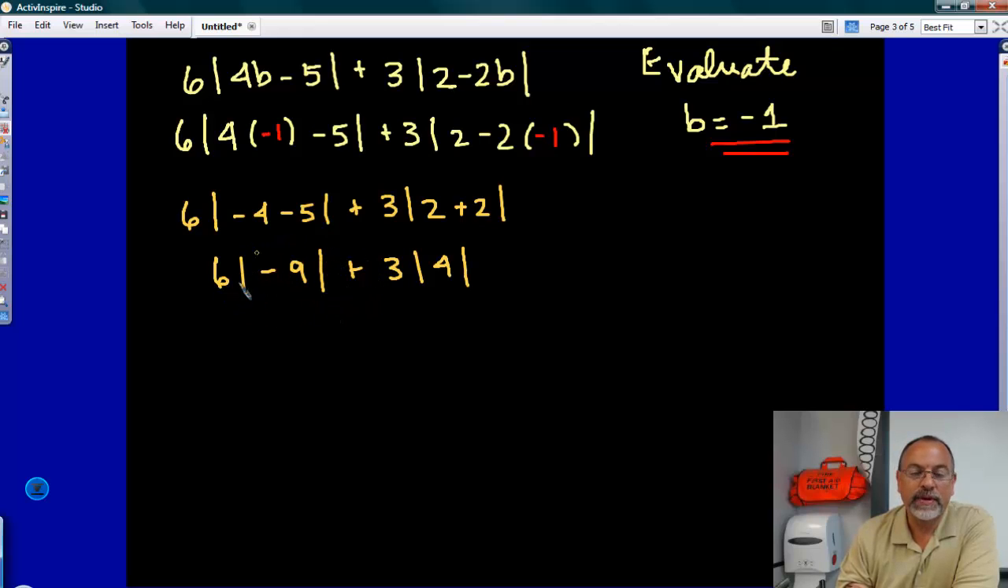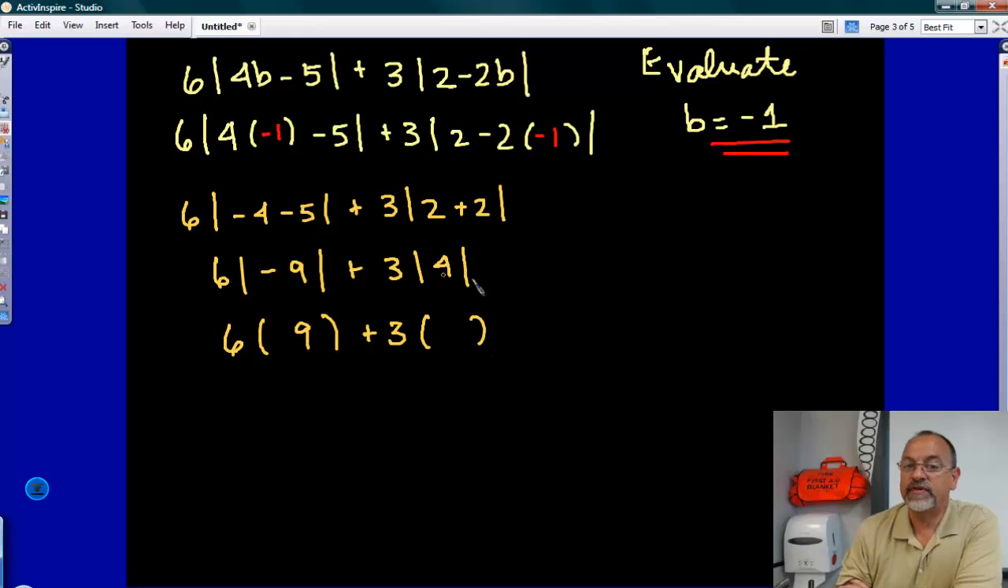The absolute value, remember, is a distance from 0, so we have to take that absolute value first. So it's 6 times the absolute value of -9, or how far is -9 from 0? 9. Plus 3 times the absolute value of 4. How far is 4 from 0? 4. Okay, so take note of this step and watch that other video for some clarification if you're not sure